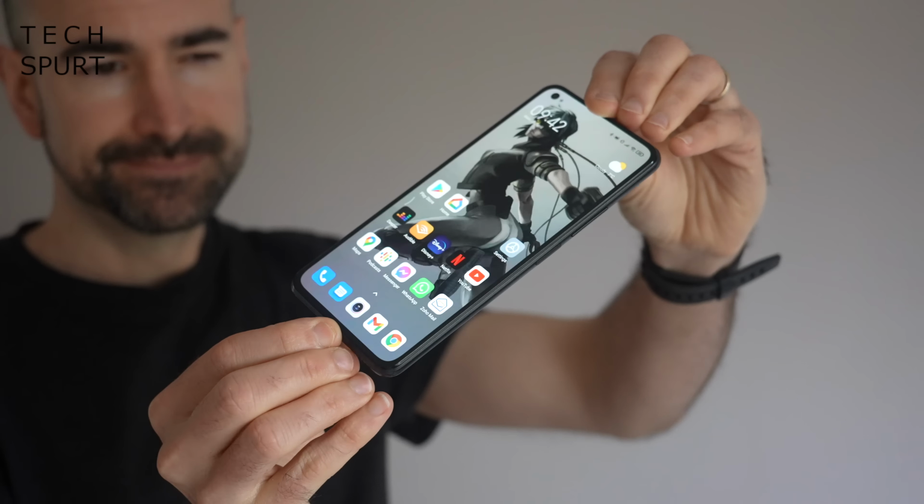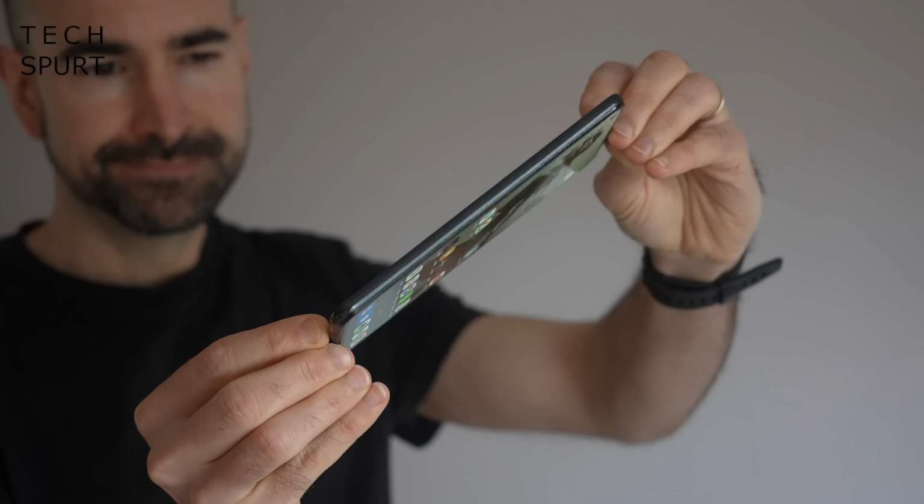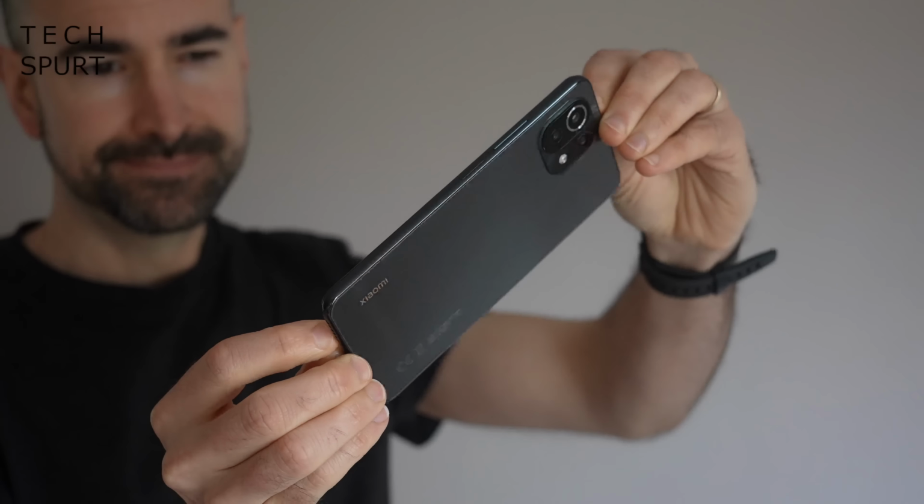And I could only assume that they decided to kill the microSD memory card support and that headphone jack in order to get the phone quite so slim and so light, but it's not a trade-off I'd really particularly want to make. If the Mi 11 Lite was super compact as well, then yep, fine, okay, I could live with it, but honestly, no. Now, like that Redmi Note 10 Pro, the Xiaomi handset is powered by the Snapdragon 732G